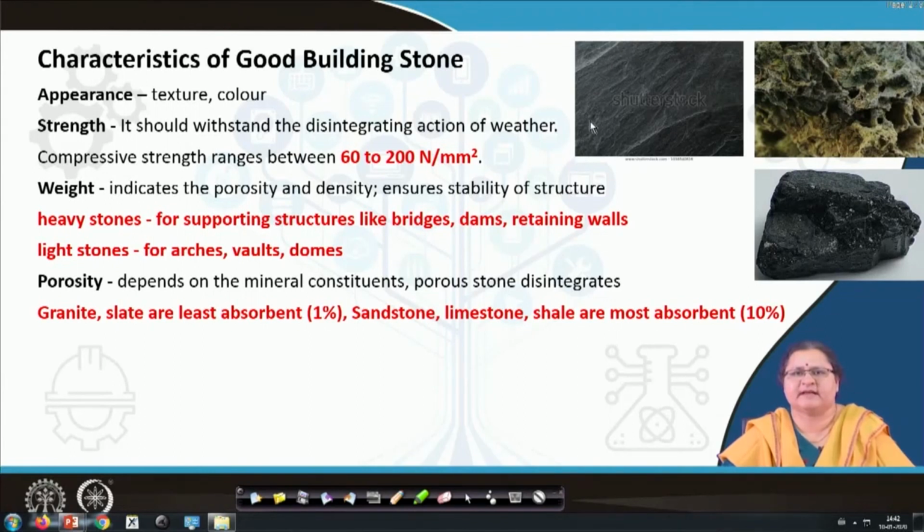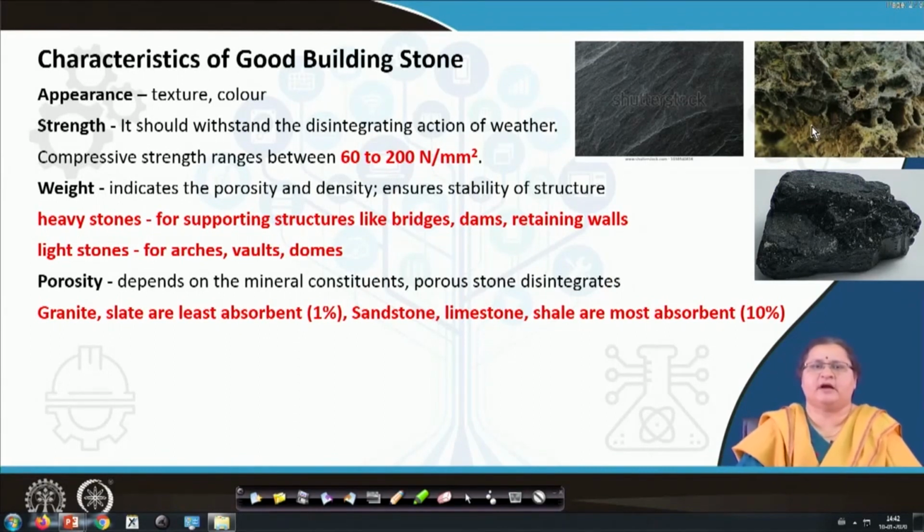In this picture you can see the color is black and the texture is rough. So, just by seeing or by observation you can find out whether a rock is porous or not, whether a